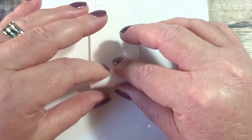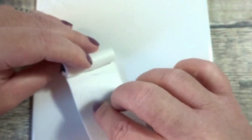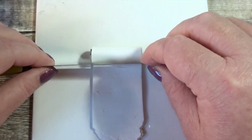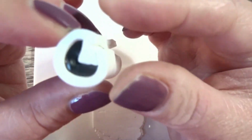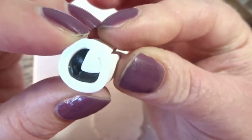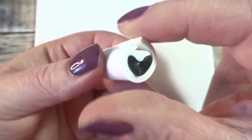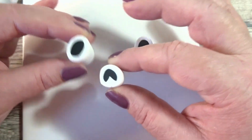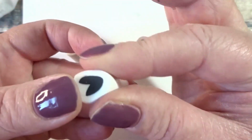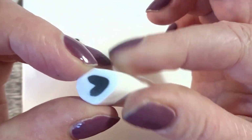I can't roll this one as such, but I can see where the end is, and I'm just going to cut off that excess. There we go, and just squeeze that together. There we go. So now we've got our nose and our eyes, and I did just pinch along the top here to make it a little bit more triangular shaped,